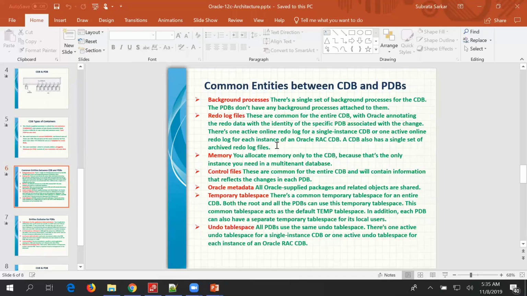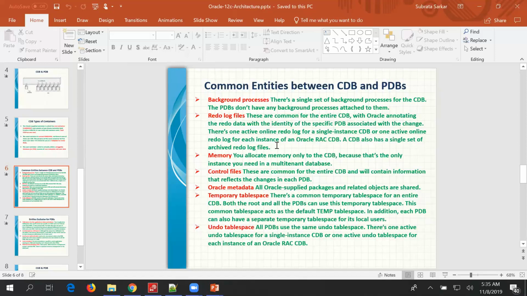Oracle metadata: all Oracle supplied packages and related objects are shared. Temporary tablespace: there is a common temporary tablespace for the entire CDB. Both the root and all PDBs can use this temporary tablespace. This common tablespace acts as the default temp tablespace. In addition, each PDB can also have a separate temporary tablespace for its local users.